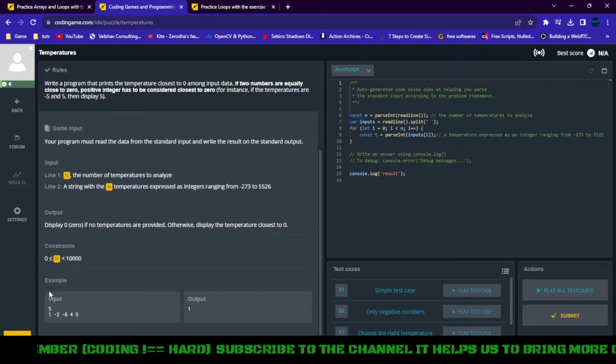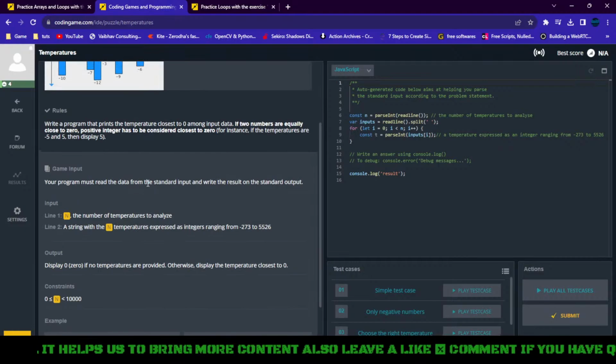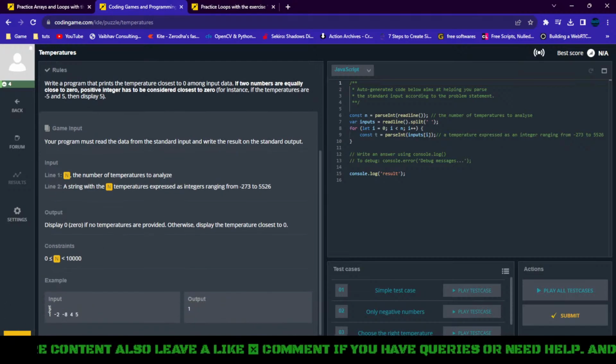So let's talk about the input. We'll have a total of 5. This is an example, and the values are 1, -2, -8, 4, 5. So the closest one to 0 would be 1. The input is n, which is the number of temperatures to analyze. For example, n here would be 5, and on line 2 you get a string with n temperatures expressed as integers ranging from -273 to